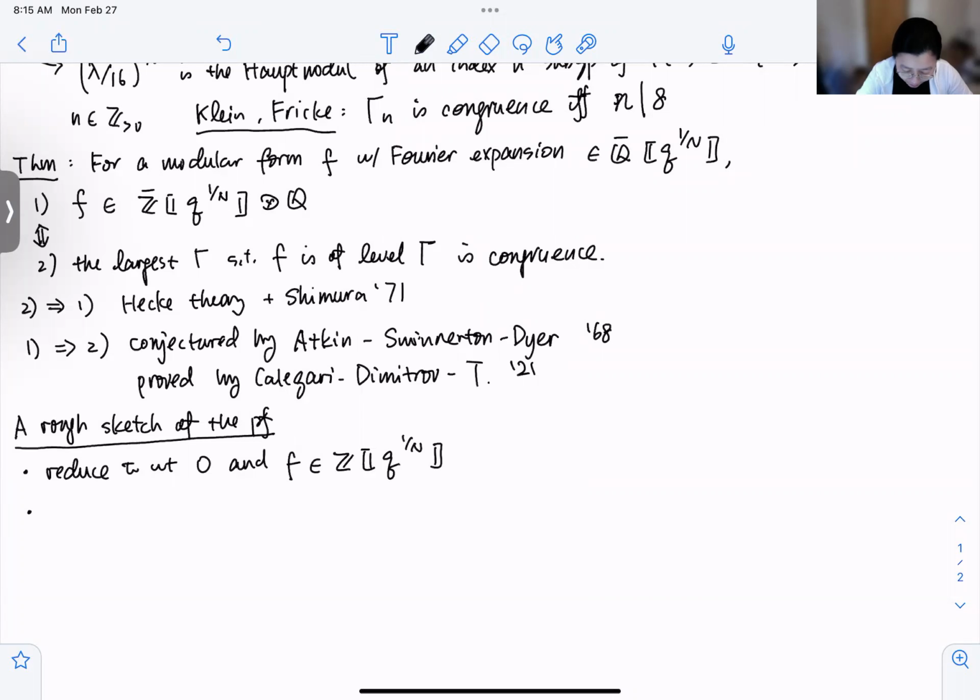The classical direction tells us that the set 2 is contained in set 1. Both we can actually make into vector spaces, and hence we can count the dimension. But in order to count dimension, we need to first put some extra conditions to make them finite dimensional. So we fix n, the so-called Wolfart level, which is the LCM of all the cusp widths